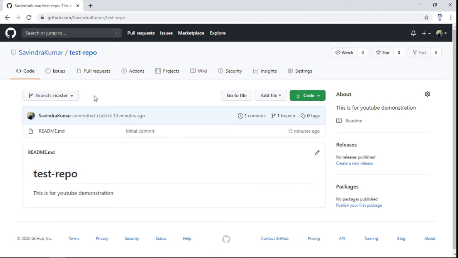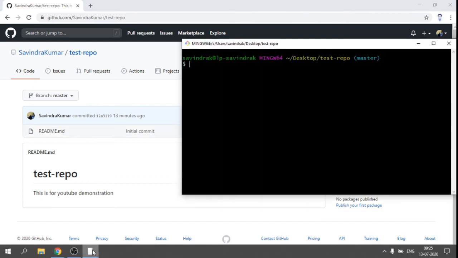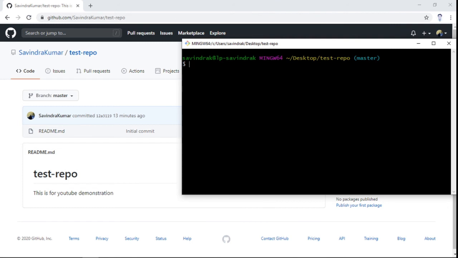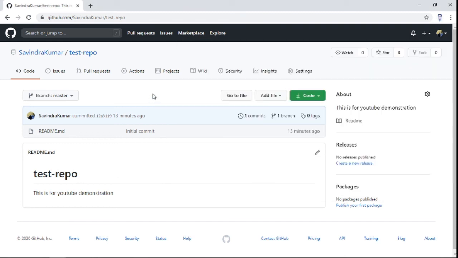So when we start with a feature, we create more branches and we can easily go to those branches using git bash, and we can start adding the code in GitHub repository. So this is how you can create a remote repository and access the remote repository using your development machine.